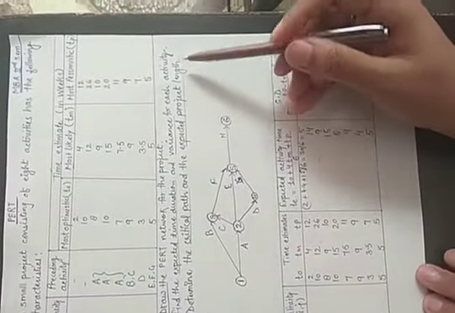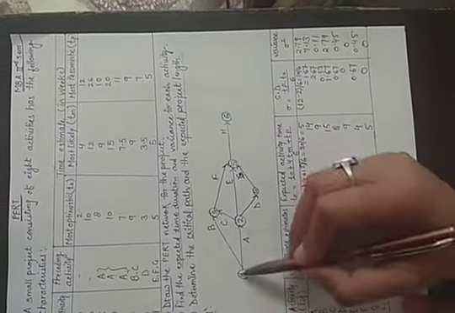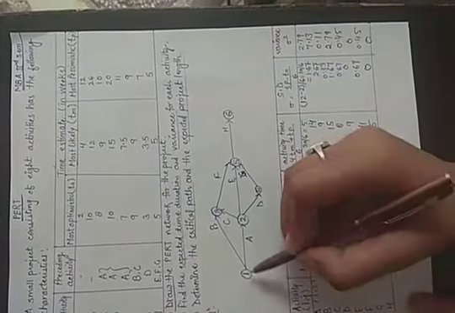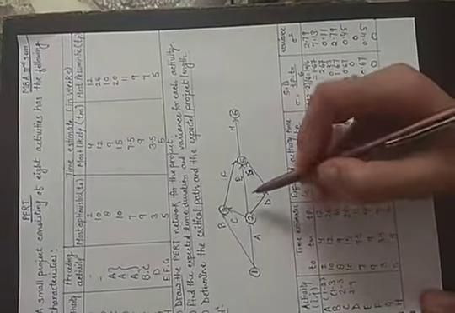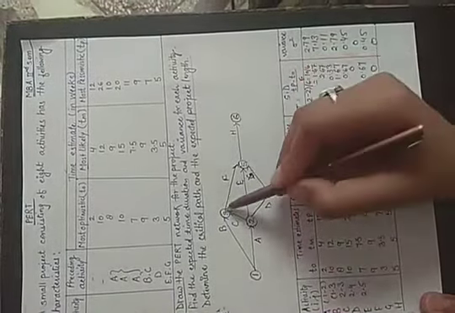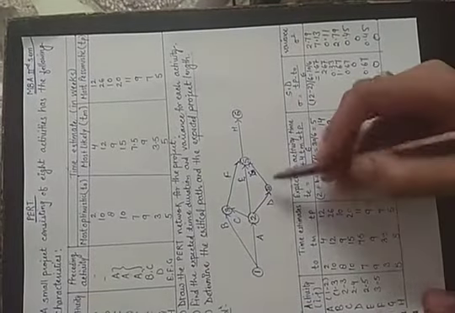Right. Now only the last part is left. Determine the critical path and the expected project length. So we will write the duration time that is given. For example, here activity A is 1 to 2. B, the activity, is 1 to 3. C activity is 2 to 3. D is 2 to 4. E is 2 to 5. F is 3 to 5. G is 4 to 5 and H is here 5 to 6.